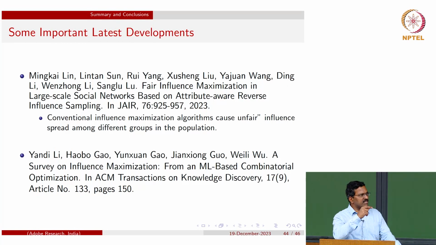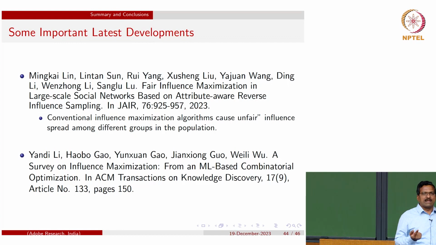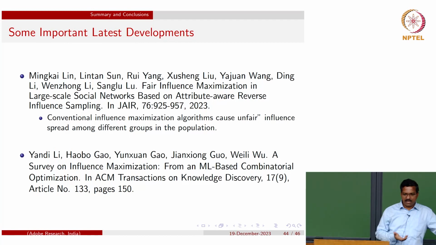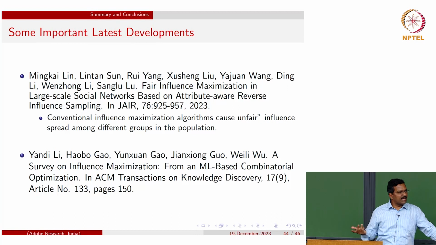In your original definitions, you are not worried about each group. In expectation, the maximum number of nodes they should activate. That we should change to: in expectation, the maximum number of nodes per group they have to activate. That we have to modify. That's where the entire problem scenario changes. Existing algorithms don't work for this kind of scenario. In existing scenarios, the group size is what? 1. So if you make the group size non-trivial, greater than 1, existing algorithms don't even apply to that scenario because they are not designed to tackle the group effects.